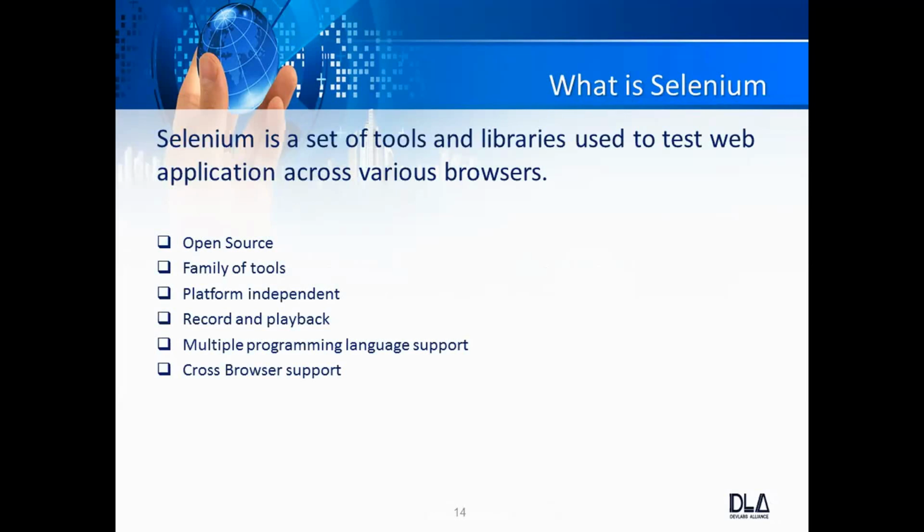that is obvious. If you need not pay anything for the tool, obviously this is one of the very attractive features. If you are working on any project which has a limited budget, or some sort of budget constraint, irrespective of the merits one particular tool has, you would not be able to use that tool because it's not available free of cost, right? And because Selenium is free of cost, it is open source, it does not impact your project cost or your budget. So that is one of the reasons.